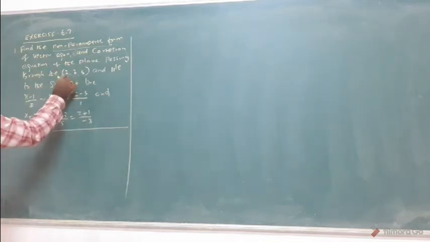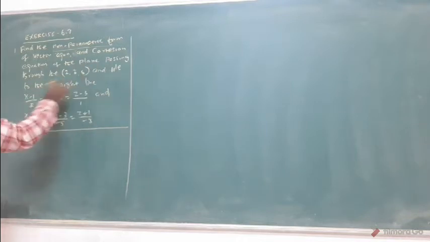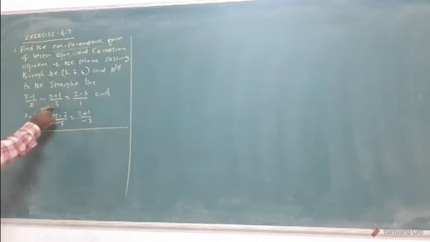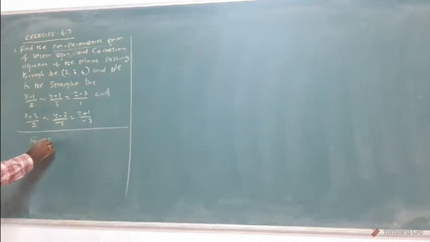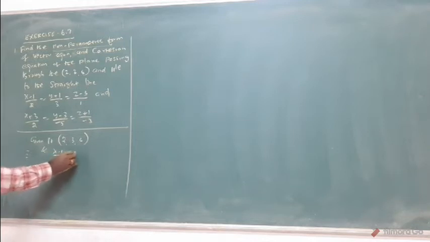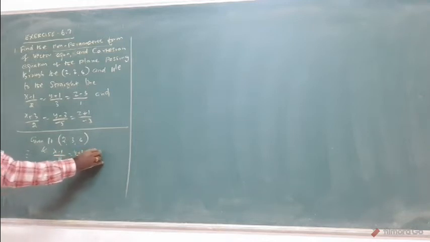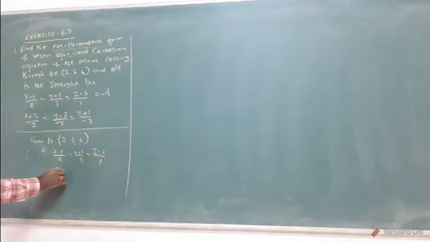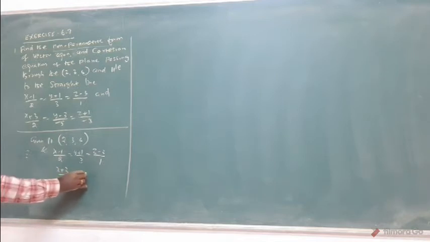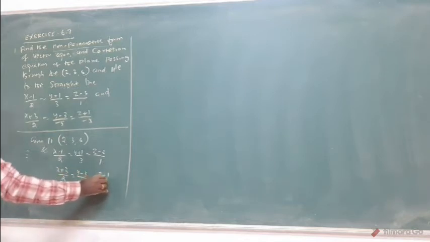A line passing through one point and parallel to the second line. In the second line, the denominator is always the parameter, and what is given is always a point. Here the point is given: the point 2, 3, 6. And the line given is (x minus 1)/2, (y plus 1)/3, (z minus 1)/1. Next, (x plus 3)/2, (y minus 3)/minus 5, (z plus 1)/minus 3.